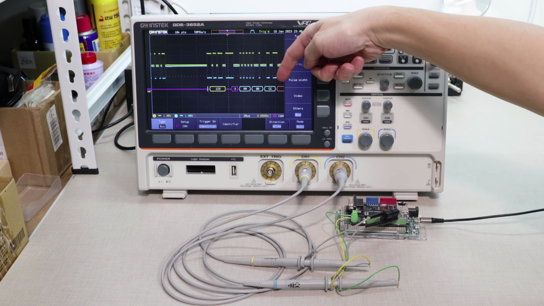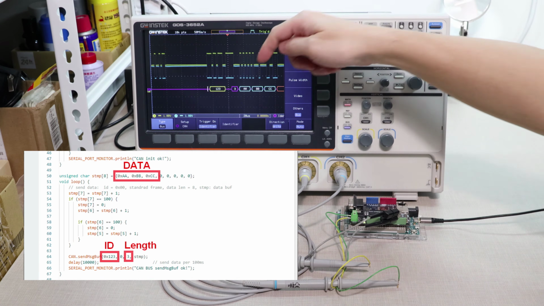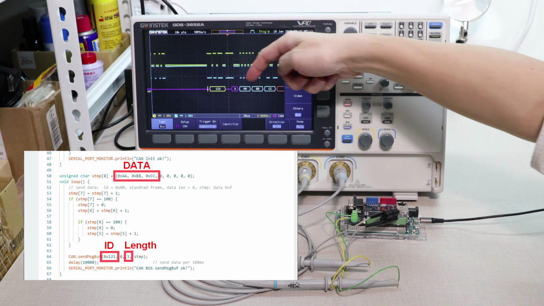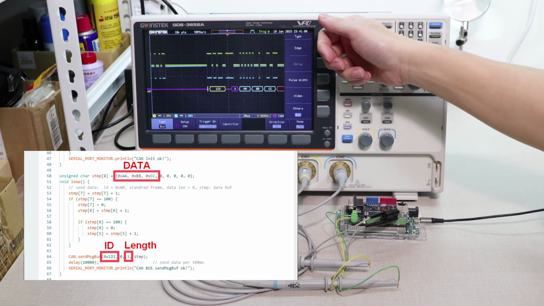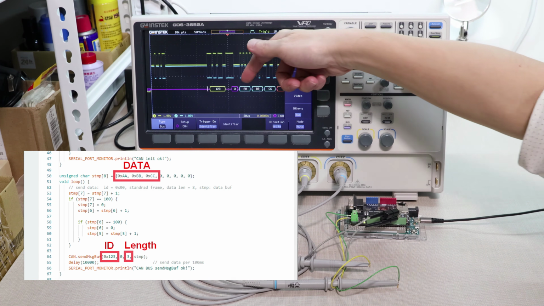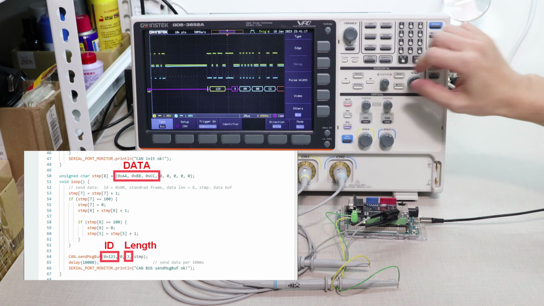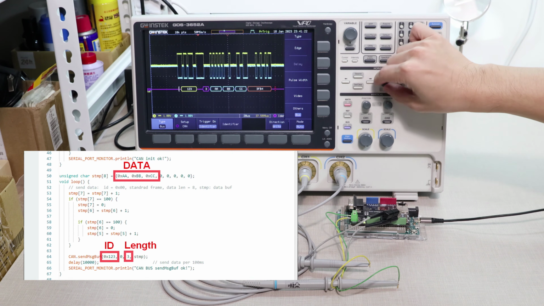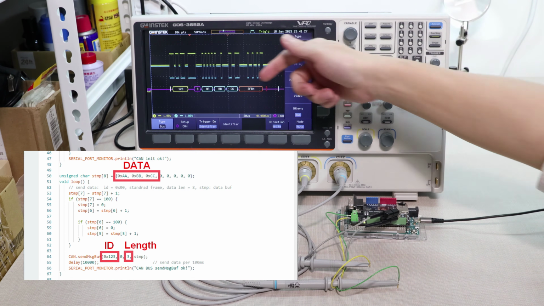Is the content identical to our programming? Notice, our ID is 123, right? It matches what we set in the program. What about the transmitted data? We recently set A, B, B, C, C, right? So it aligns with the program settings we just inputted. Since the dataset consists of bytes, there are 3 bytes of data. Hence the data length here is 3. Therefore, the entire dataset is indeed correct. There is a CRC at the end. This CRC was not verified just now, but I believe it's correct.